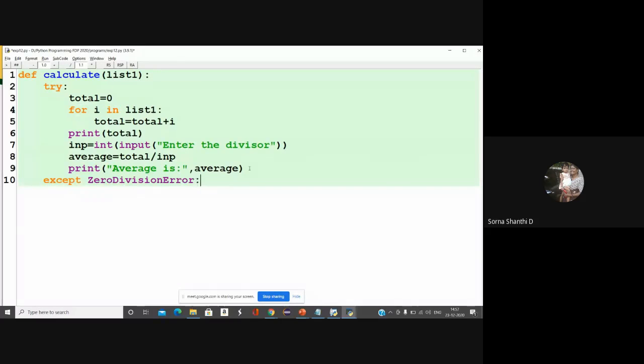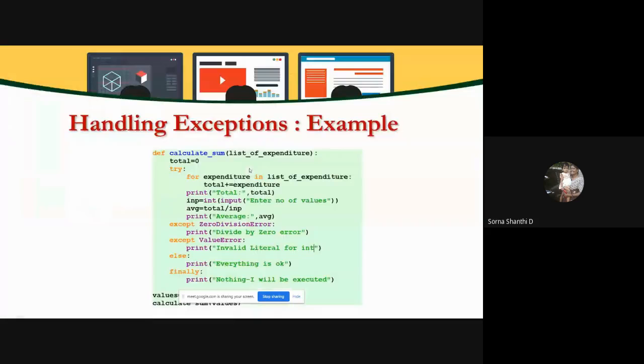So this exception can be thrown. If this exception is thrown, I'm just telling the program to print something, rather than the program stopping: divide by zero error. This is one. Another error is what? ValueError. So except, I'm expecting a ValueError. If a value error happens, I'm going to print, okay, what I will print over here,